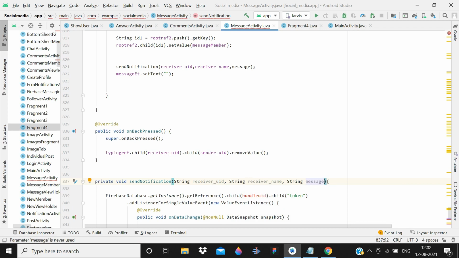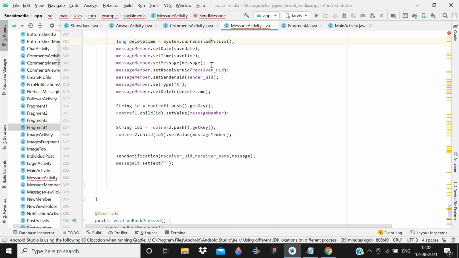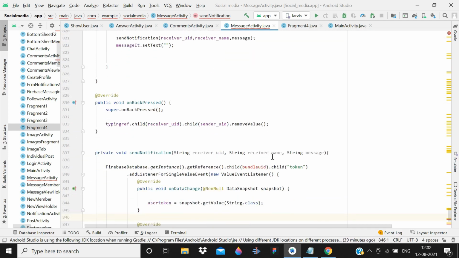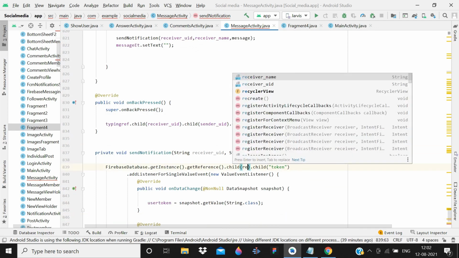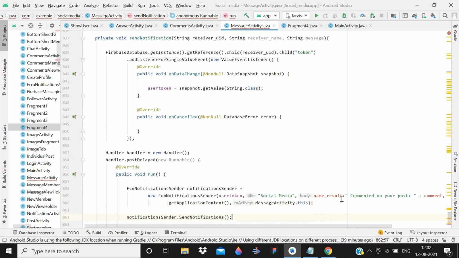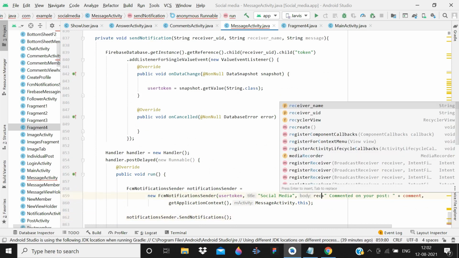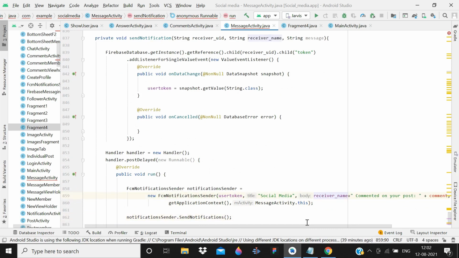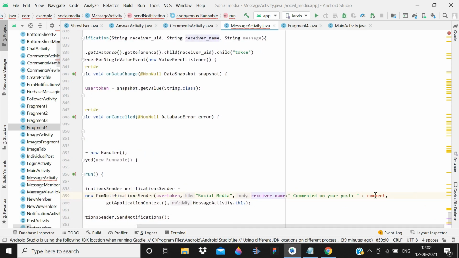So make it receiver UID, then receiver name, then message. So now we have three things: message, receiver name, and receiver UID, I guess. Yes. So after this, pass receiver UID here, and receiver name here, and then message.